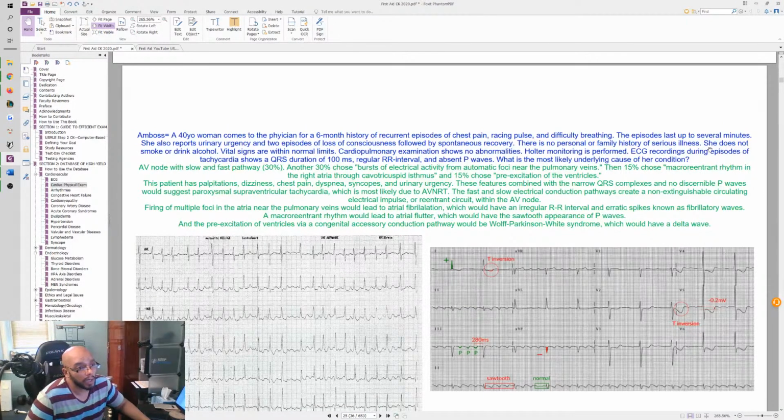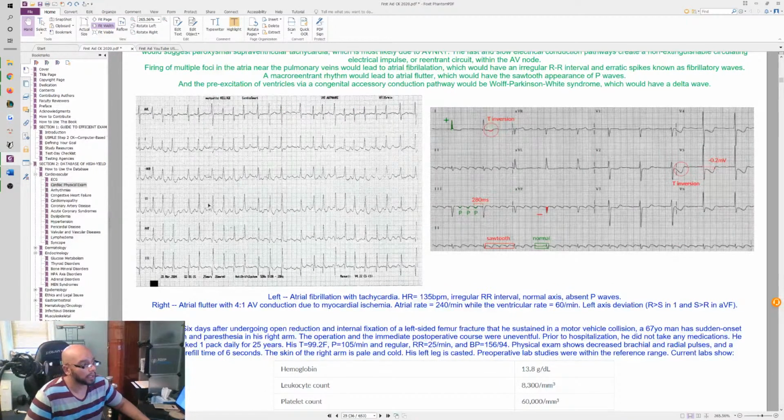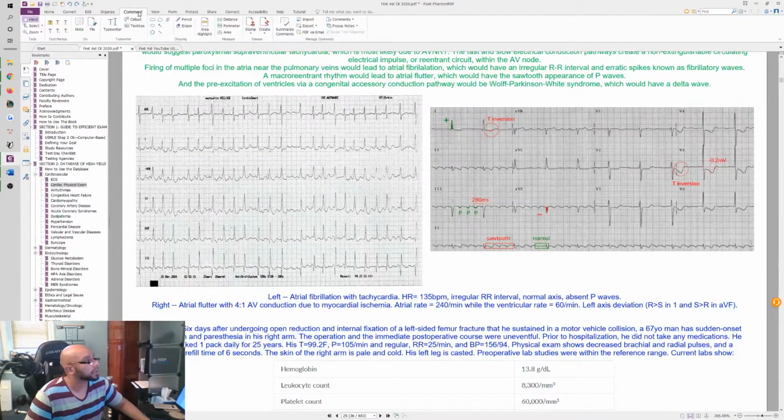Since they described the ECG recording to you so nicely, you needed to use what was given and figure out the correct answer here. So in these images, what are these? The left one is atrial fibrillation with tachycardia, right? And you can kind of catch that. First thing you notice is that there's a very